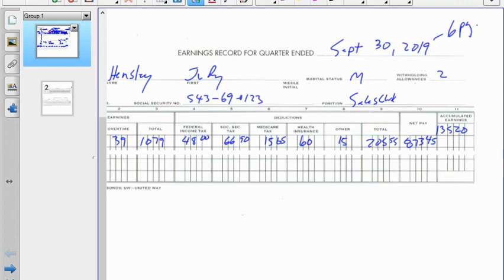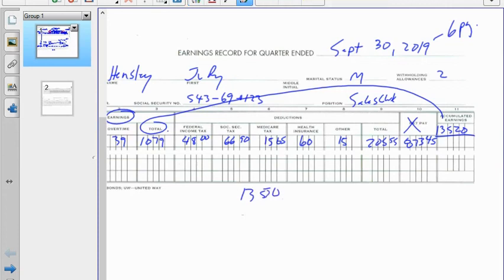At the end of the second quarter, at the end of the last pay period, she had a running total of $13,520. And again, the key to accumulated earnings is total earnings, right? It is not a running total of your net pays. It's a running total of how much you earned. So I take the $13,520, I add 1079, and I come up with my new accumulated earnings of